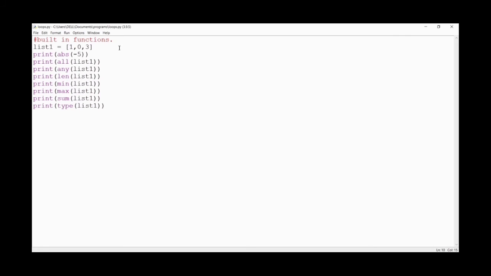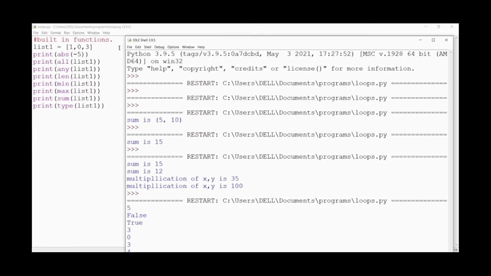Okay, as you can see here, I have defined a list and I have given the output also.